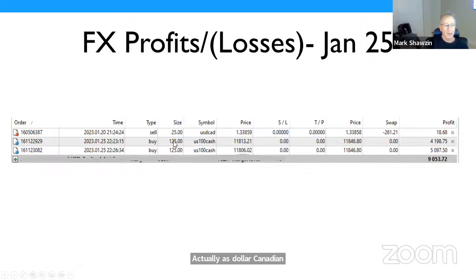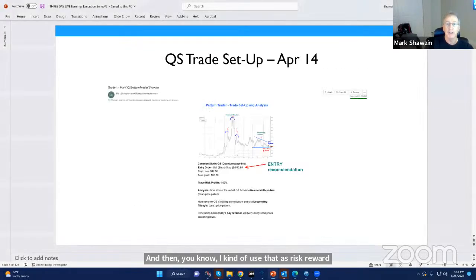And then I also went long some NASDAQ on the close, expecting that we'll have some follow through of today's action. So again, I used the price action to anticipate and make decisions, and then I use that as risk reward offsets. So with that said, before I go into FX, I'll share with you